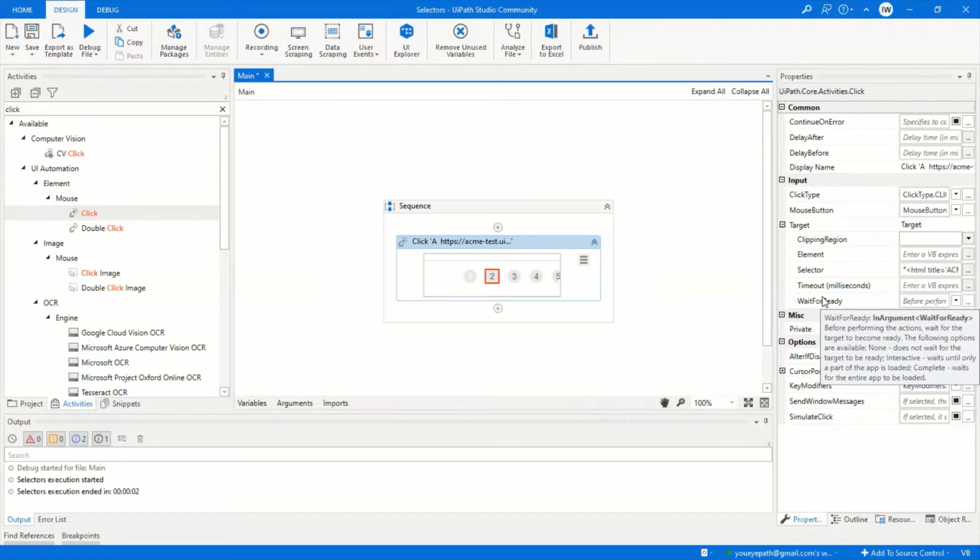So as I hover over wait for ready, it even kind of walks you through the details here. If you don't have anything set here, it's telling you that it's not going to wait for the target to be ready. It's going to attempt to immediately start clicking the button number 2, whatever your activity might be, before the web page is technically even ready or loaded. Interactive, obviously, means wait until only part of the application is loaded and complete,